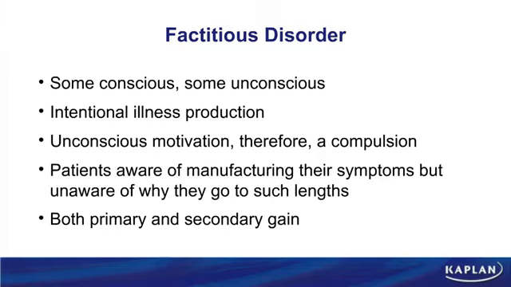Usually these patients, when you make the diagnosis of factitious disorder, you have to say whether it's imposed on themselves or imposed on others. If you remember the term Munchausen's by proxy, that was removed in DSM-5, and it is now called factitious disorder imposed on others. So when you fake signs and symptoms for yourself, it's imposed on self, and when you fake signs and symptoms for your child, then it's imposed on others. And typically those patients should be reported because that is a form of child abuse.